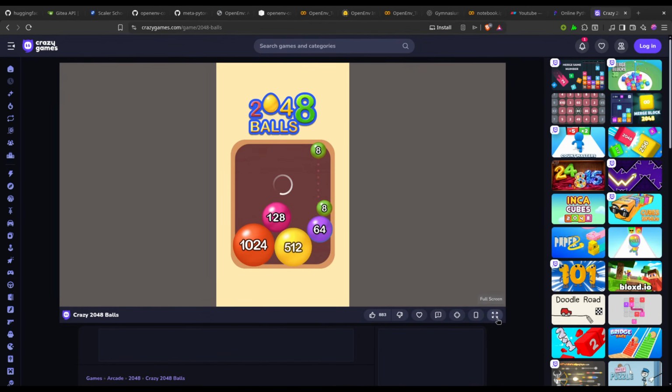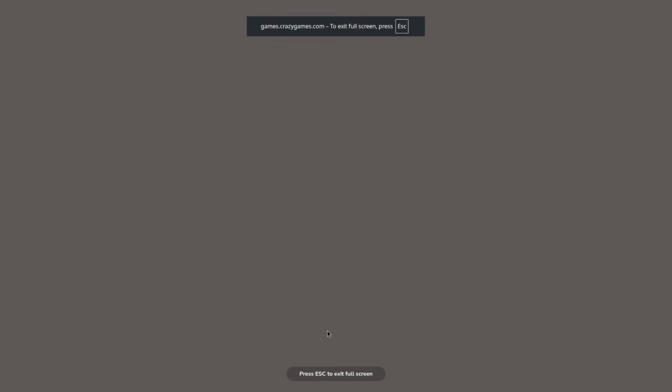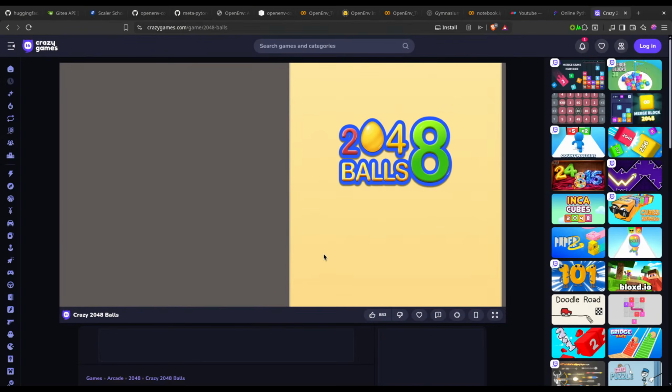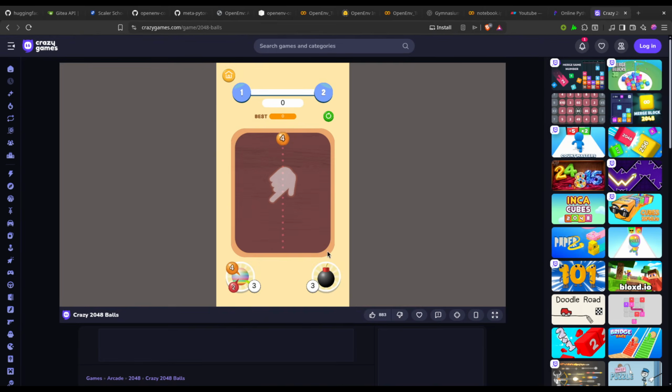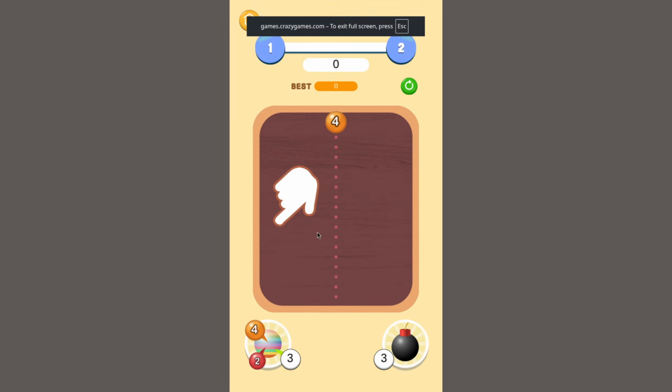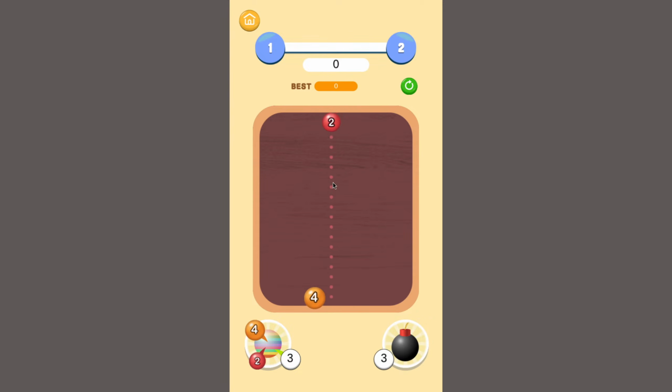But there was 2048 Ball. I have played this game specially. Okay, it is visible. So we can throw the ball anywhere in here, and we have to throw it like this. Let's suppose we have 2 and 2, if I throw it like this, it is going to merge, and the 4 and 4 is going to merge. That is how you play this game.